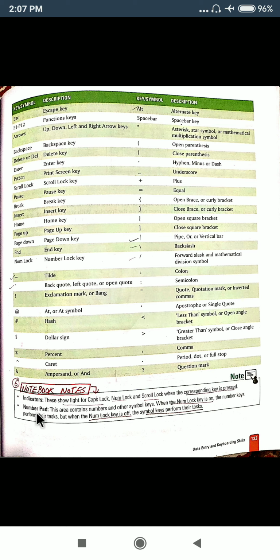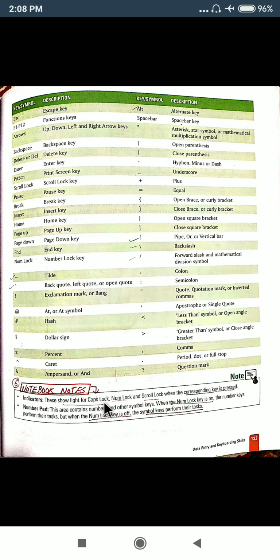Now in your notebooks, whatever you are writing, you must add these two things also: indicators that show the light on the caps lock. On every keyboard we generally see a few lights that are on sometimes, to indicate that these are working.